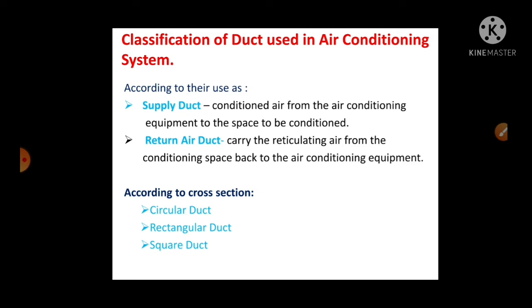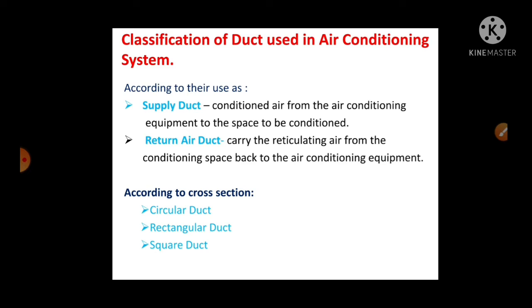The flow of air should be directed in such a way that it does not create unpleasant draft at the occupancy level up to a height of 2 meters. The impure air, or used air, from the conditioned space is brought to the central air conditioning plant by return air duct. The supply air duct outlet and return air duct are installed in a decorative manner.